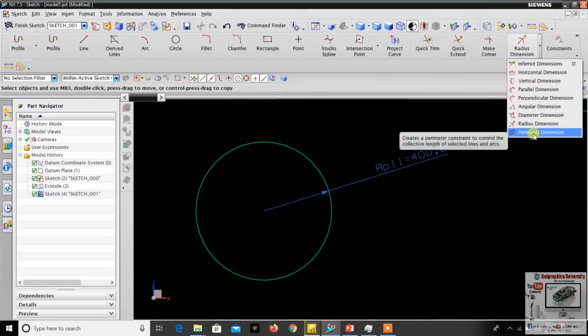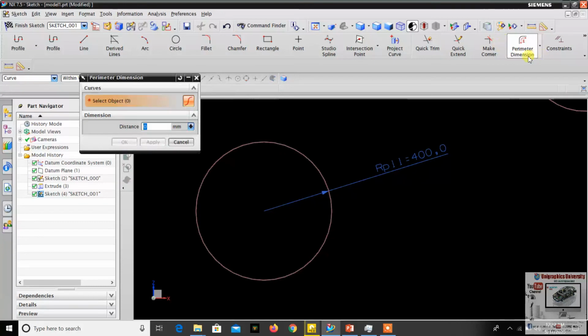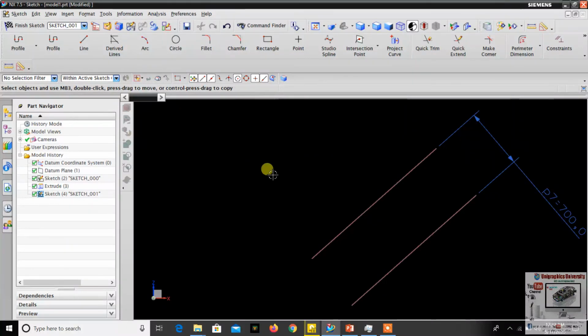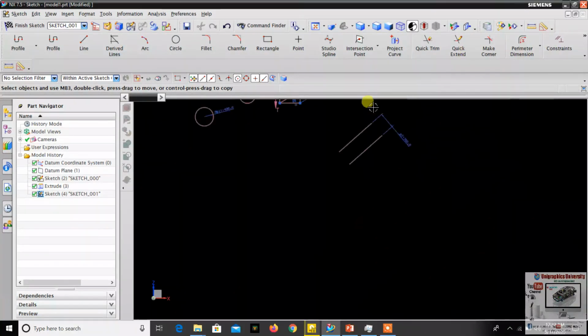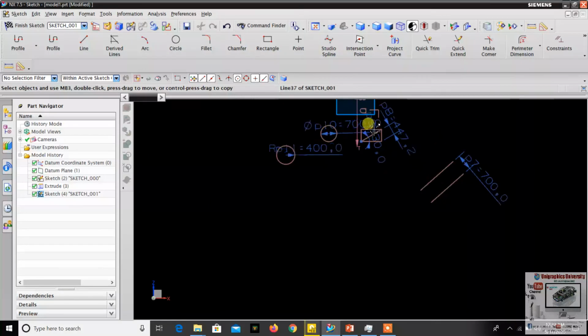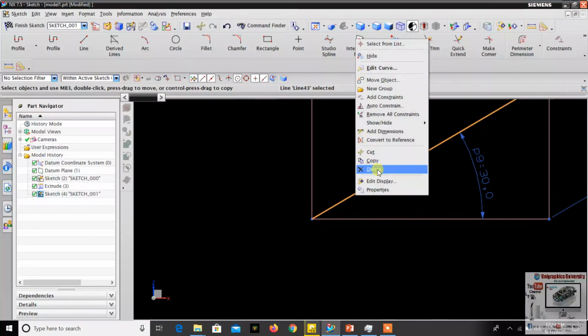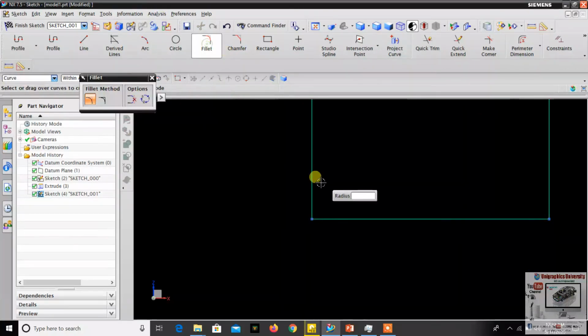The next one, perimeter dimension. The perimeter dimension means you can check the length value of a line or arc. So I will explain with an arc. For example, I delete this line, simply make one radius.